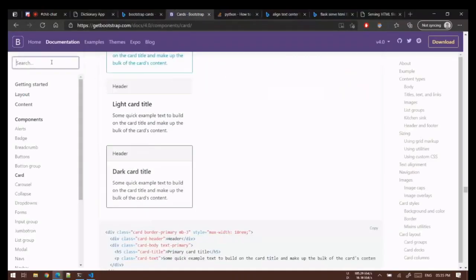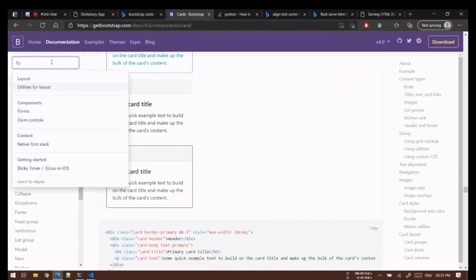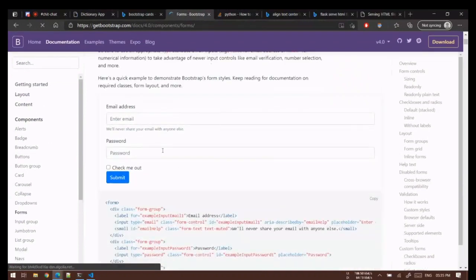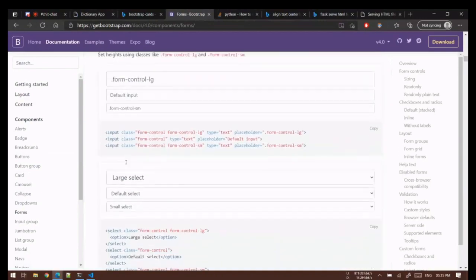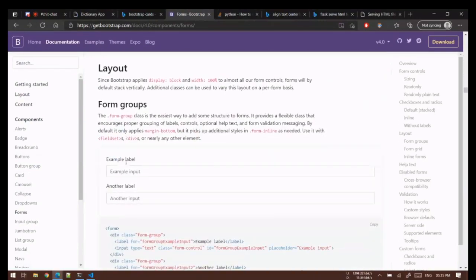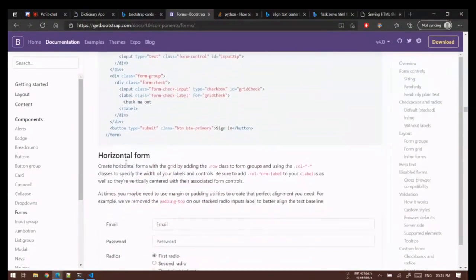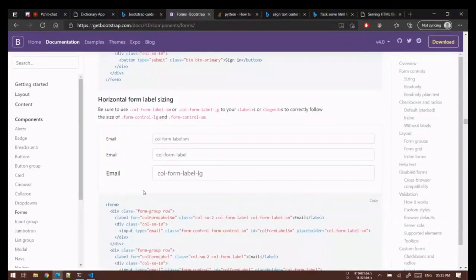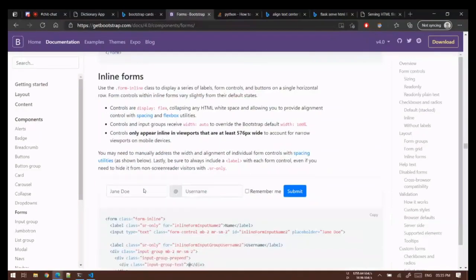Great. Let's come back to Bootstrap and search for forms, because that is the primary way of taking input from the user. So this is how a form looks, and this is the code for the form. So Bootstrap is amazing. You should surely give it a try. People who are not very good at design, using Bootstrap will allow you to get a lot of good design features out of the box. So try using them.